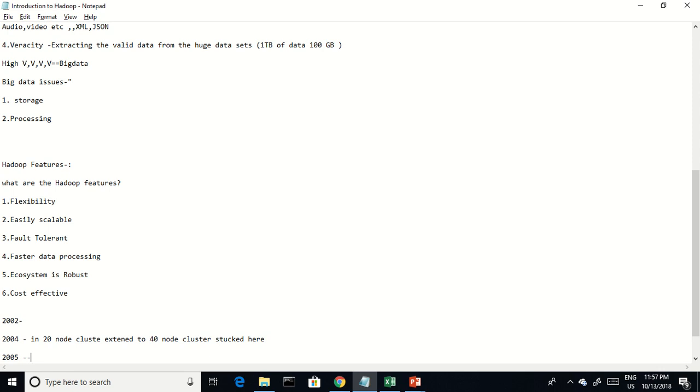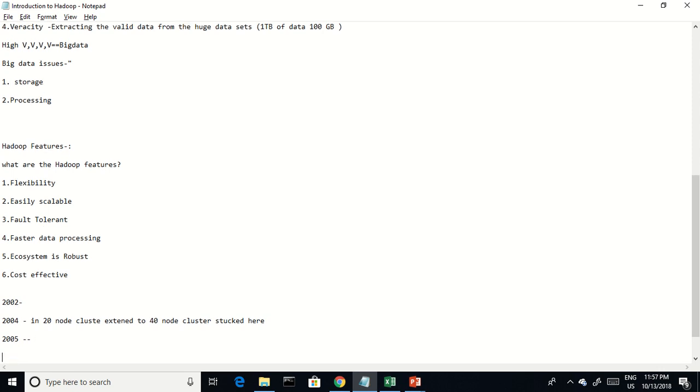So they went through that document, and in the meantime, in 2006, Yahoo came into the picture. Yahoo approached the two guys, Doug Cutting and Mike Cafarella, and hired them. Yahoo provided the infrastructure as well as the team to develop the software.